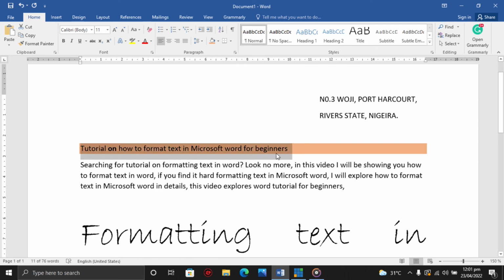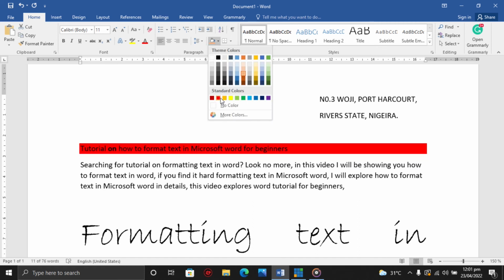So what it does, it actually shades that particular line with any color, whatever color you want to use. I can use red, I can use yellow, I can use green, and all the colors that you can see on the color swatch there. You can actually use any of the colors to shade your paragraphs.